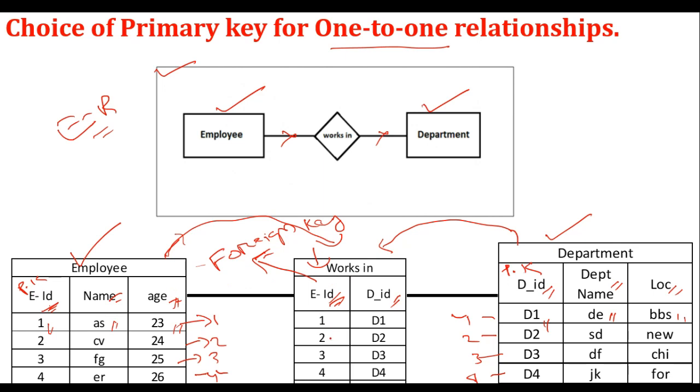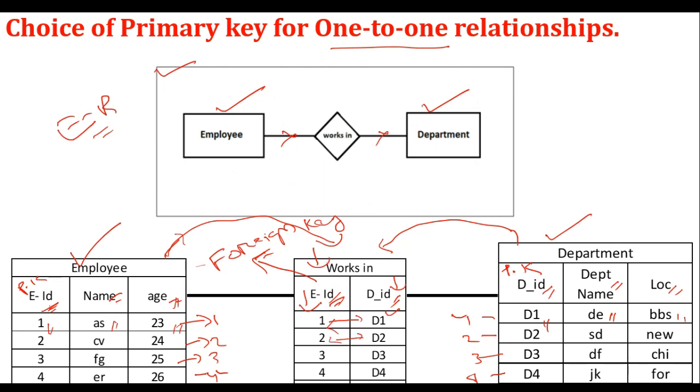If I pronounce employee ID 1, it uniquely identifies department 1, so it makes a relationship. If you observe the employee ID column and the department ID column, there is no repetition of values. That means one employee works in one department. One employee is not allowed to work in more than one department. That is why there exists a one-to-one relationship.